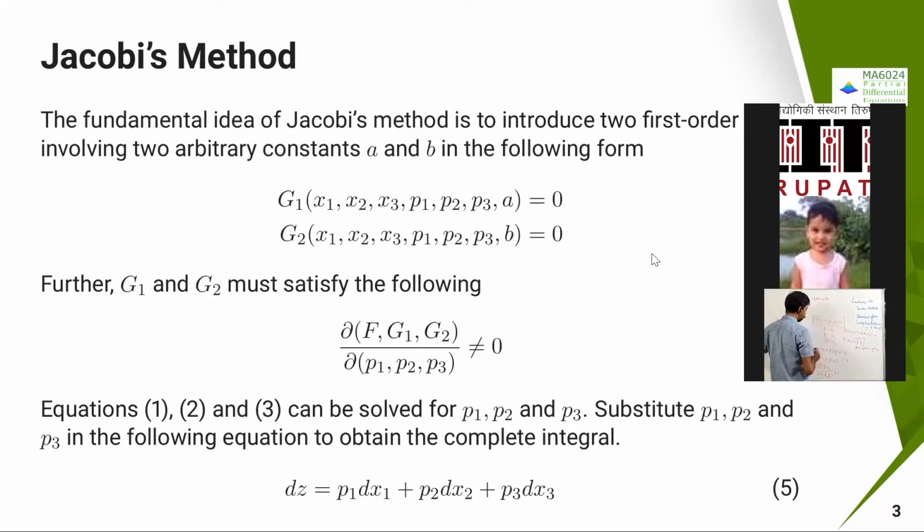Step number 1 is that you got to find your g1, g2, gx1 like this. G1 function and g2 function you got to calculate, and then you got to check whether the Jacobian is not equal to 0. Then you got to solve the problem. As you are having, I will just show what fractions are going to come. So accordingly, you can solve that, and then you can obtain what is your d set.